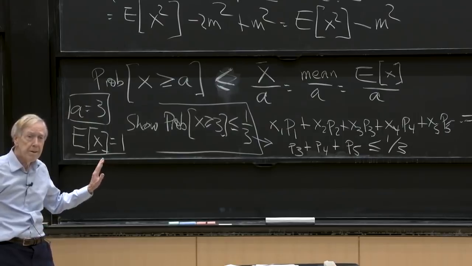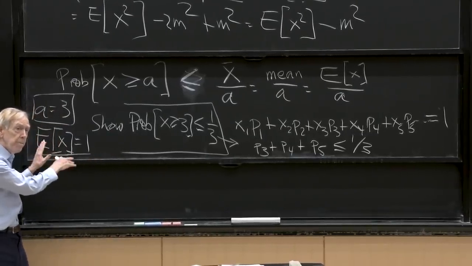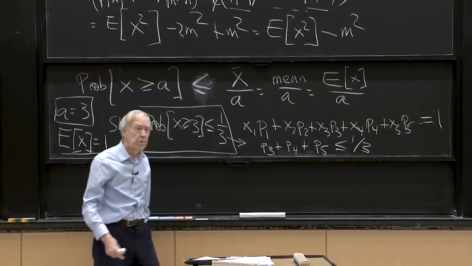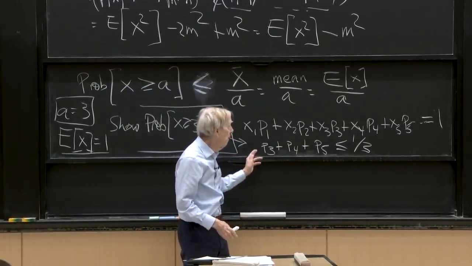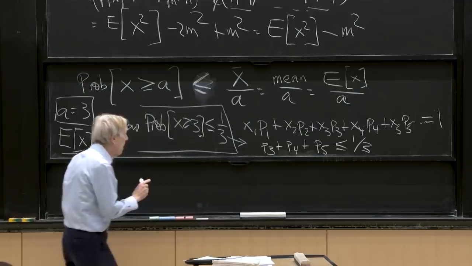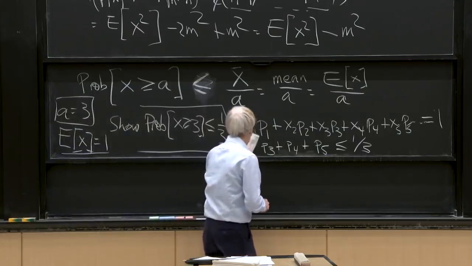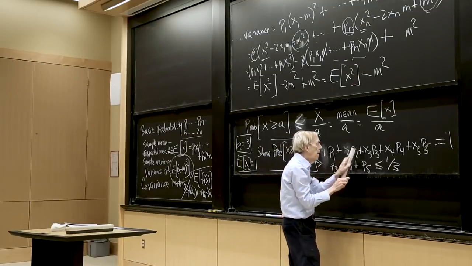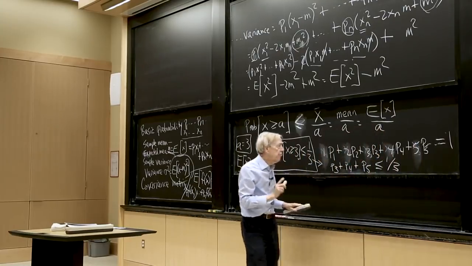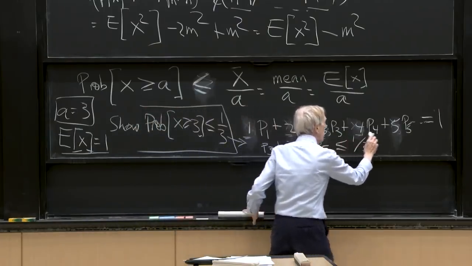What I liked about this elementary approach is that I've stated these facts, these probability assumptions and conclusions directly in terms of numbers. So I just want to show that if this is true, then that's true. Let's see. I'm sorry, I even took a more special case. I'm taking the case where x1 is 1, x2 is 2, x3 is 3, x4 is 4, and x5 is 5. So that satisfies my condition that the outputs, 1, 2, 3, 4, or 5, are all